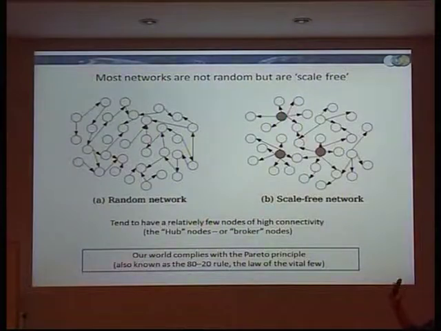So you understand the difference between random and scale-free? Scale-free networks came into place in 2001, with the paper by Albert and Barabasi, and they showed that the internet doesn't have a random pattern to it, but follows a power law. That means that there are very few websites that are connected to a lot of websites, but a lot of websites are connected only to another website. Is that clear? Yes?